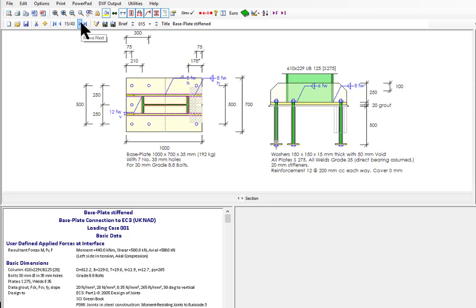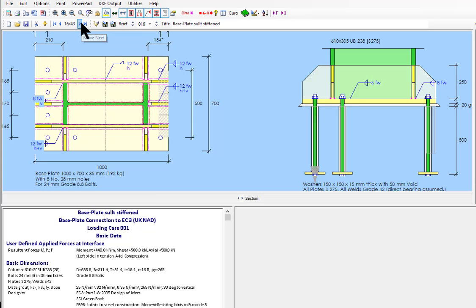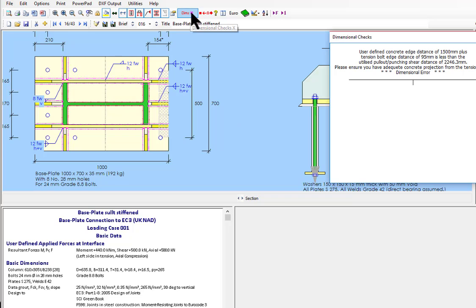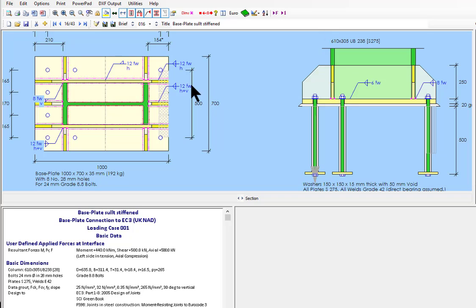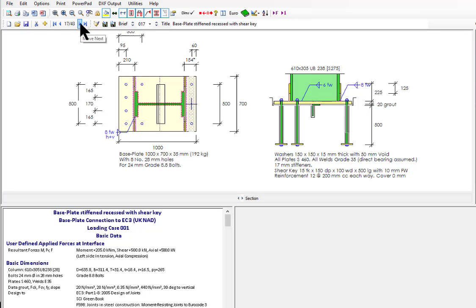Stiffened moment bases, a very stiffened moment base with stiffeners in all directions, and quite a complex layout. And again, it's not that happy about the design because it's gone blue, and I can say why. It's just telling us that our edge distances are quite close for the pullouts of the bolts. So now if we move across, we should be moving into a base plate with a shear stiffener,